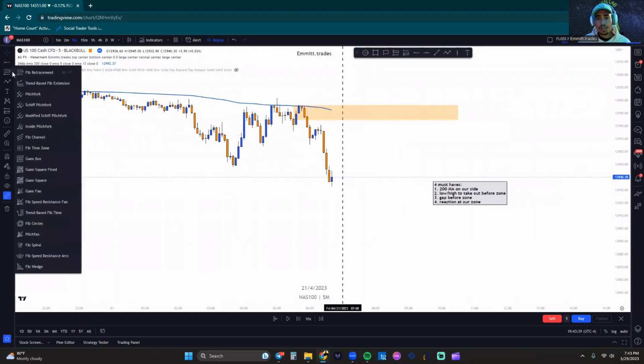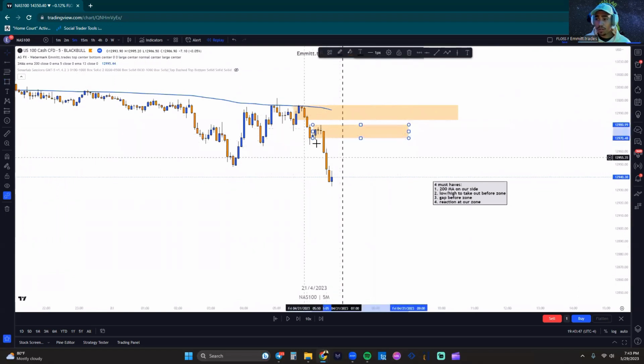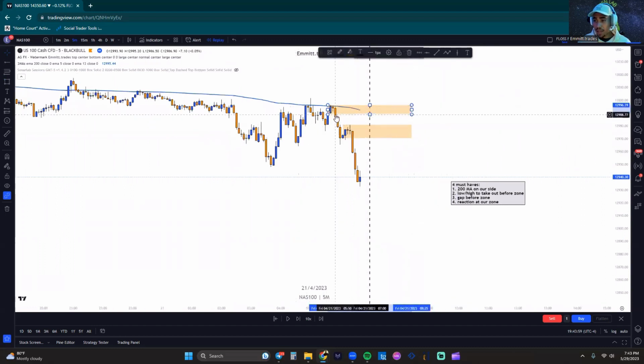We have 2 supplies sitting right here. Okay, so I can mark this guy up right here. Why am I marking this up? Because there is a gap sitting before this zone. So now all we're waiting for is a high to be taken out before getting in the zone, and I will participate. And then I can go ahead and tighten this guy up here, because we're only focusing on 5 minute for entry. We still have a gap sitting below this zone to take this trade. So let's see if we can get a reaction up here, if it even comes up to us at all. If it doesn't, never retraces, we just won't take the trade.